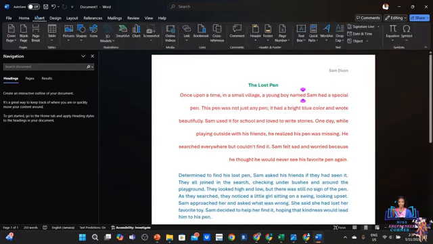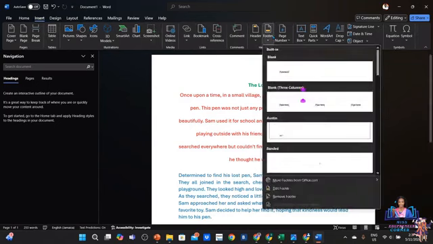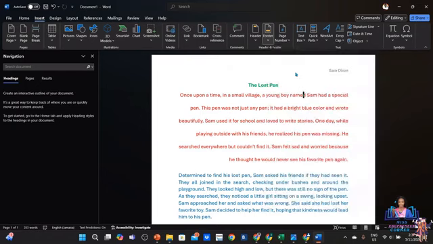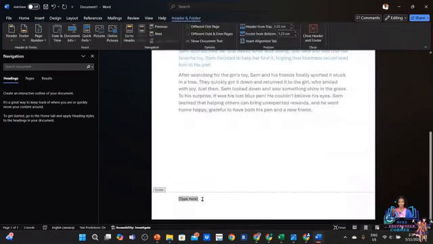Go back to the insert tab. So now we want to add a footer. Remember, the header is at the top, the footer is at the bottom. And similar to the header where we have various options, we also have various options for the footer. So again, I'm going to select the blank one, which takes us to the bottom of the page, and let's say I want to put